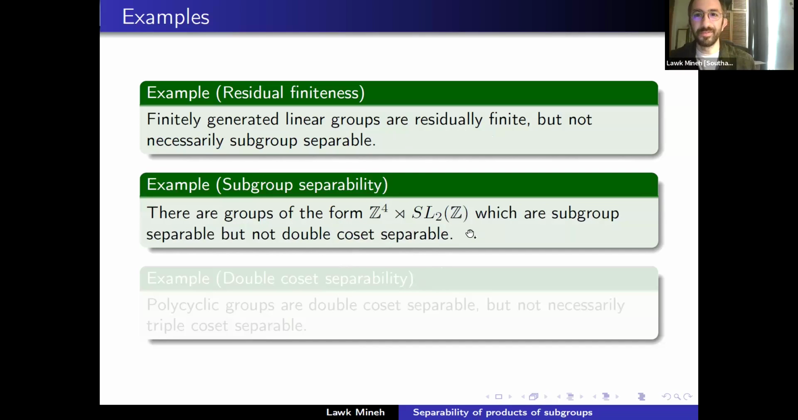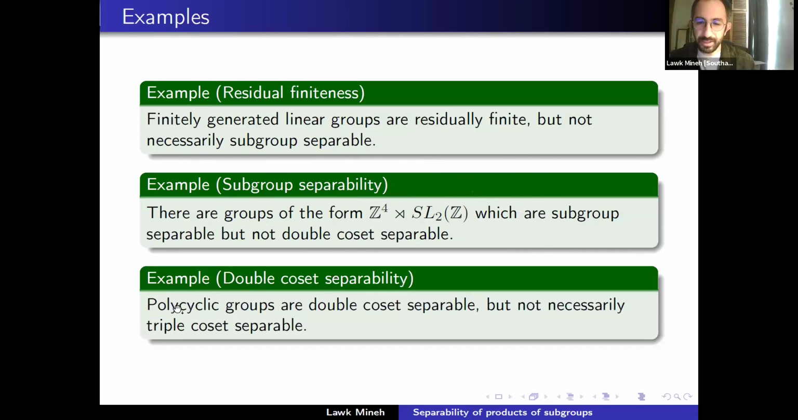So, subgroup separability. This is a bit more of an artificial example, but it turns out there are certain split extensions of this form. You've got here a free abelian group acted on by its full automorphism group, SL_n(Z). These are subgroup separable for various theoretical reasons, but they're not necessarily double coset separable. And then for double coset separability,